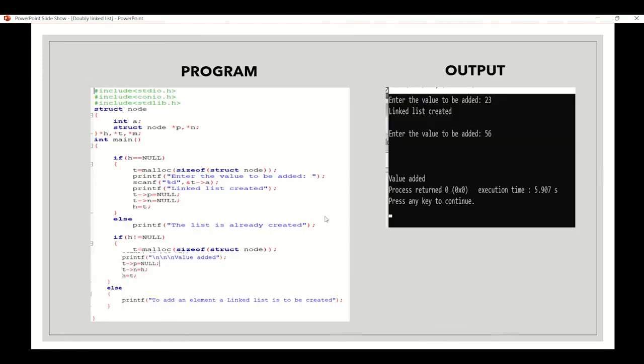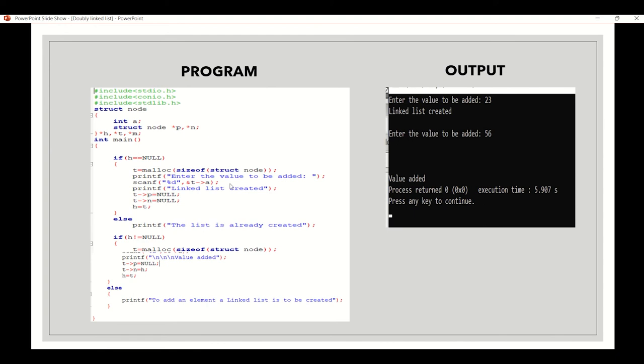If the head part is null, we will take malloc of size of structure node, and it's stored in t, and we'll be getting data. I declare it as a here, and we have to give t's p as null and t's n as null, and we'll be giving head part as t.